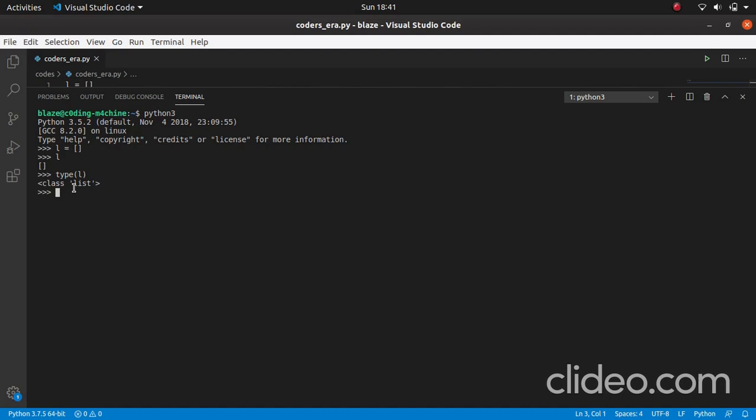If you want to add some element to the list, I told you about the append function. You can add an element in the list with the help of the append function. And if I check, I have added 1, okay, great. You can see that now my list L contains the element 1. Let's add some more elements. Let's add 3. You can see that it contains 3 now. So this is the use of the append function.